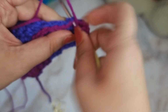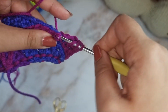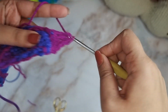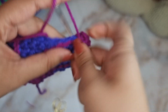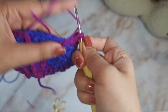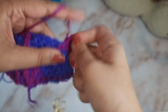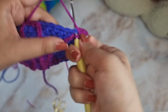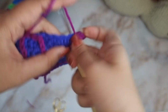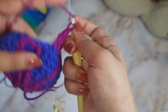into the one after that I'll do a triple, the next one again let's do a triple. You can see how you want to place these stitches. Basically you want to do something a little bit in a descending order so that you have a scallop shape. So I've done 2 doubles in that stitch. I'm going to do a single into this one. So I have a first scallop, single into the next one, double, let's do another double, let's do a triple,